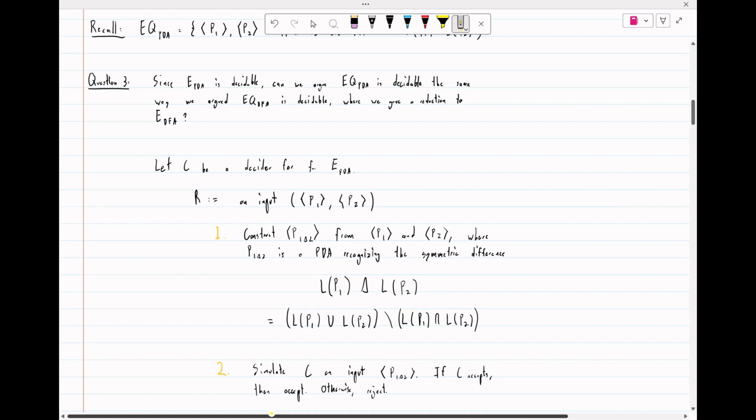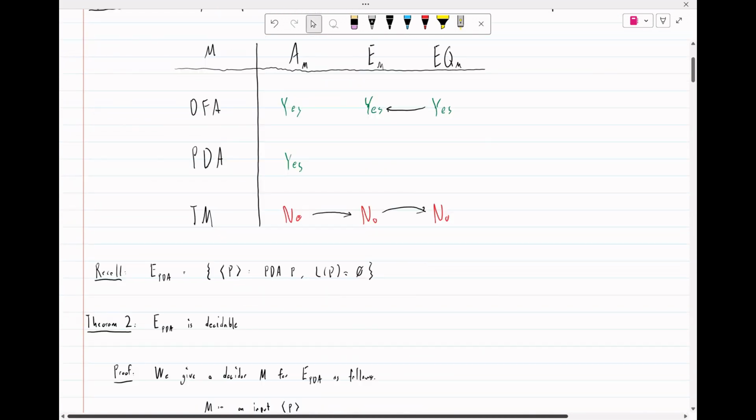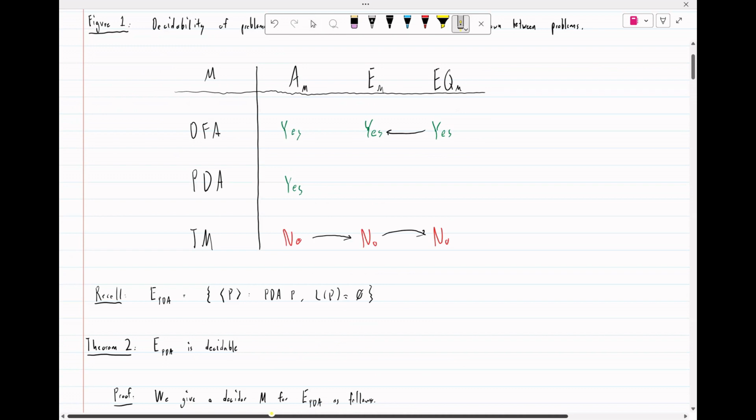So we can't do the same trick to show that the equivalence testing problem for PDAs is decidable. Maybe this business about not being closed under unions and intersections should lead us to begin to